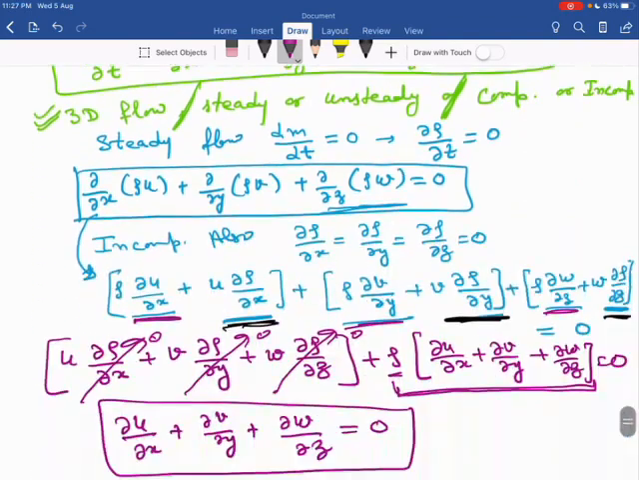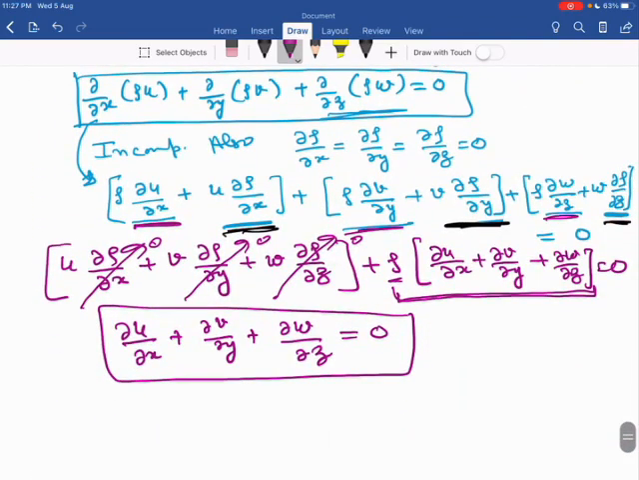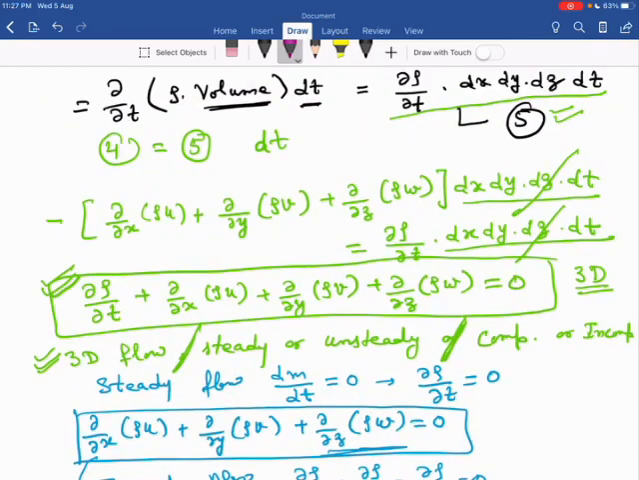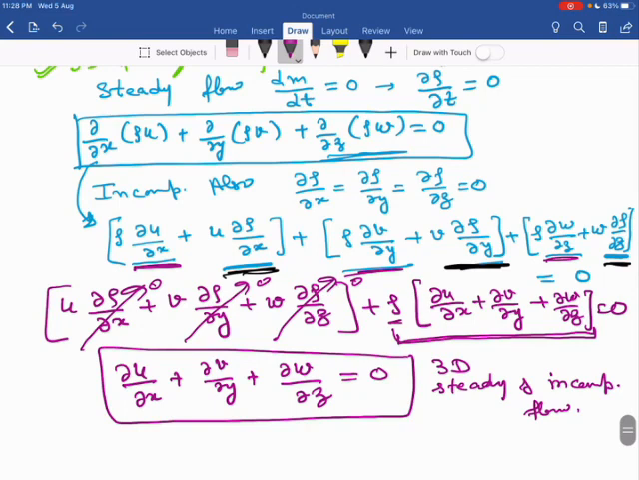So this is the three-dimensional form of continuity equation for steady and incompressible flow. Okay, so this is all about the Cartesian form or the differential form of continuity equation. Now the next is